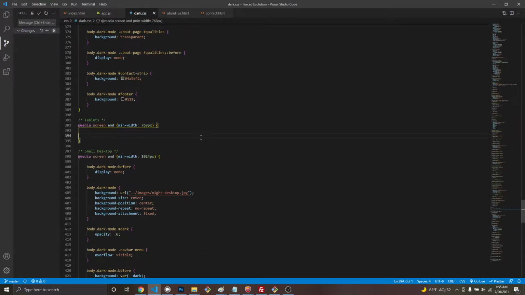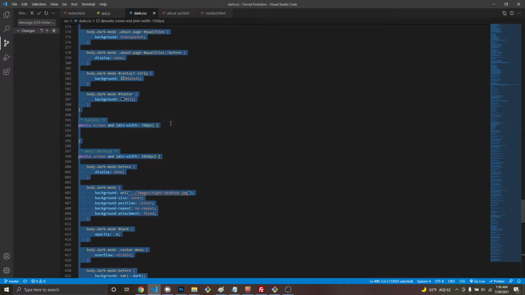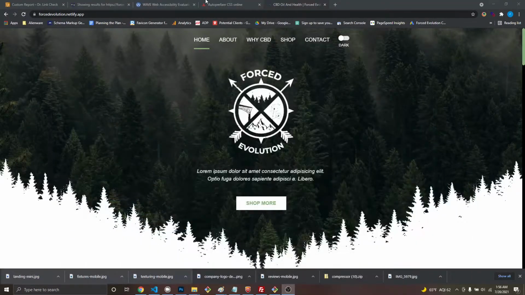We want to auto prefix our code. So if you use transforms or box shadows, or I think border radius is part of it too, or flexbox, especially in grid, you have to have those vendor prefixes for Apple and other internet browsers to be able to use it. So instead of doing that yourself manually, just hit, I'm on a PC, so Control A to select all, and then you copy,